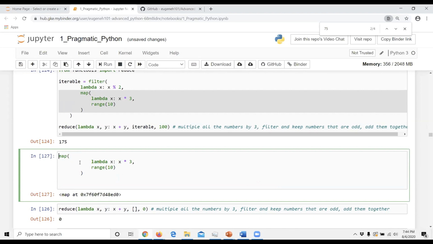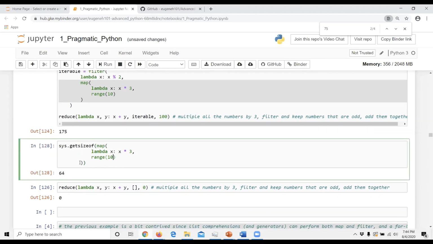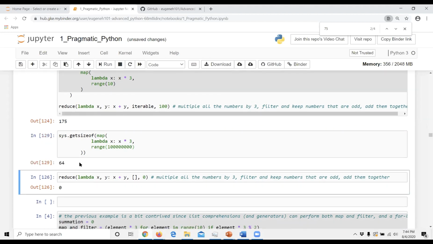So you kind of guess that it's not a primitive element. It's not like a bool, string, float, right? It's something different. And you could also get the size of the object to see what the size is, and potentially one way you could check if it's a lazy object is that the size of the object doesn't change despite changing the size of the iterable. So that's perhaps another heuristic to guess if something is a lazy object or not. Does that answer your question?